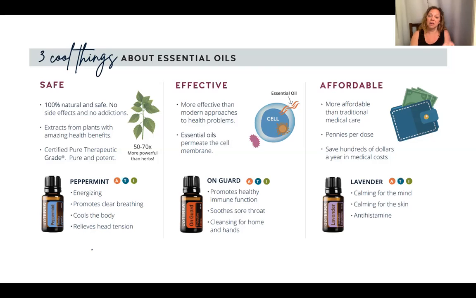You want to take maybe a carrier oil, like doTERRA has fractionated coconut oil that I often use. Depending on how you're using it, you can also use regular coconut oil that you cook with. It'll melt right in your hand. It melts around 76 degrees, so as soon as you put it in your hand, it'll start melting. And you don't need very much. It's just to make sure that you're not getting the intensity right in your eyes. So you can put it right on your temples. You can put it at the base of your neck, wherever you're feeling that tension. Sometimes it's right up here at the front, but it's great for that too.